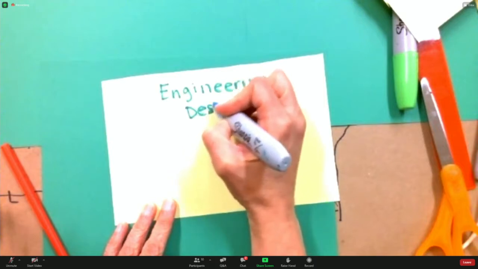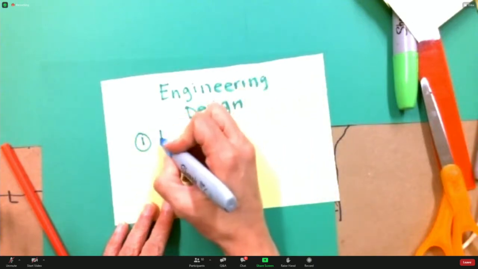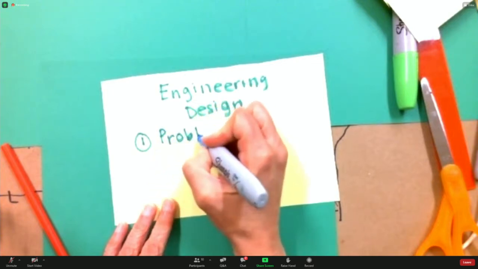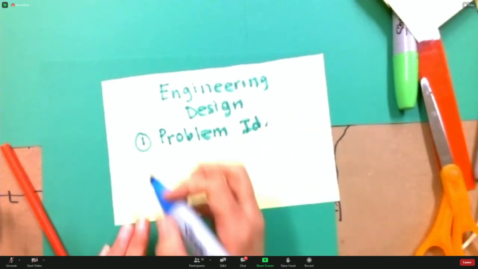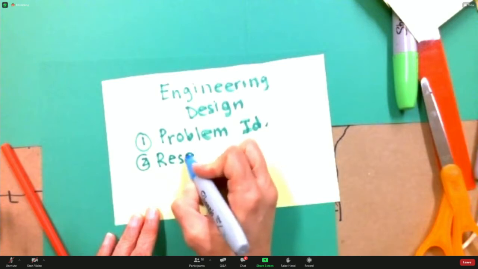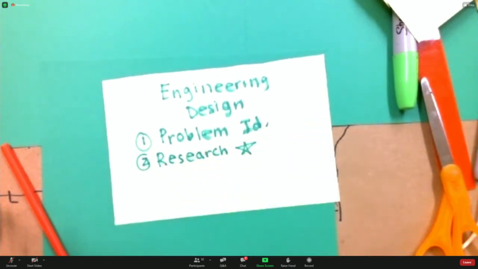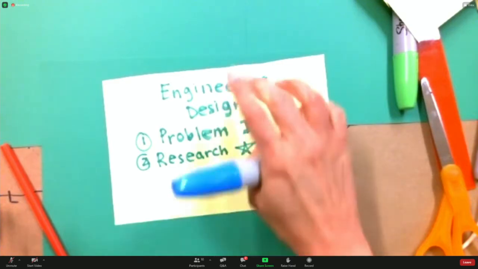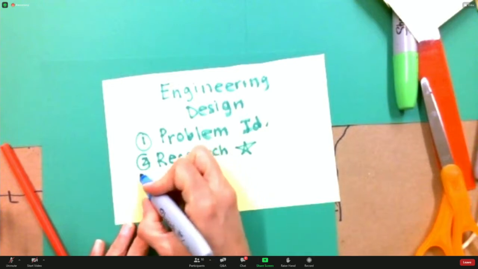And that process begins with problem identification. And then it goes to research. So I'm giving you some basic concepts for research for an engineering design problem that I'm going to ask you to solve later today. So once we start the research, then we're going to start designing,